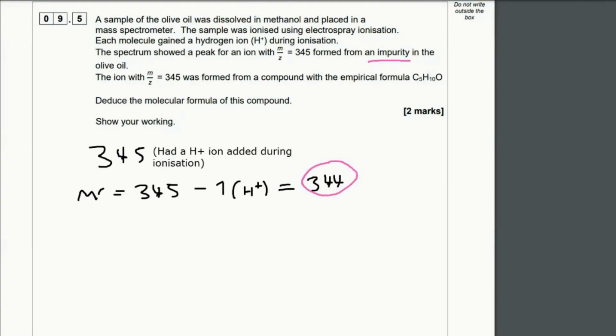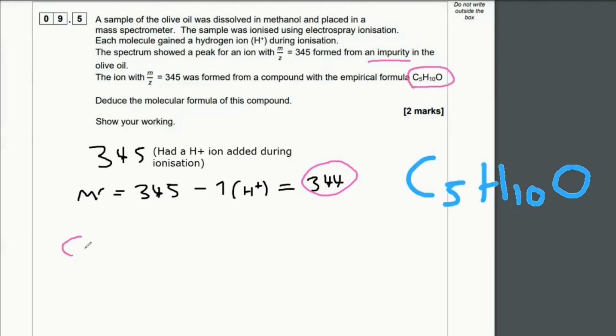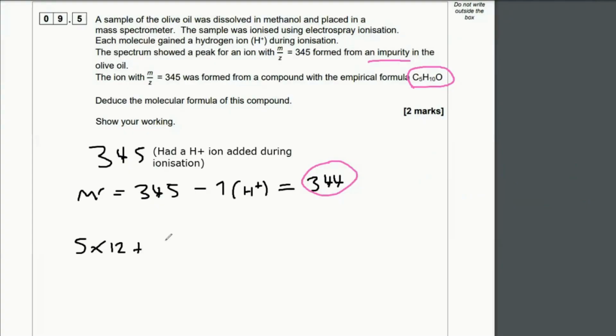Now, we've been given the empirical formula, which is C5H10O. So we need to add these up. So we've got 5 times 12 for the carbon. That gives us 60, plus 10 is 70, plus 16 for the oxygen is 86. So the mass of the empirical formula would be 86. We know that the molecule has a mass of 344 from the molecular mass. So we do